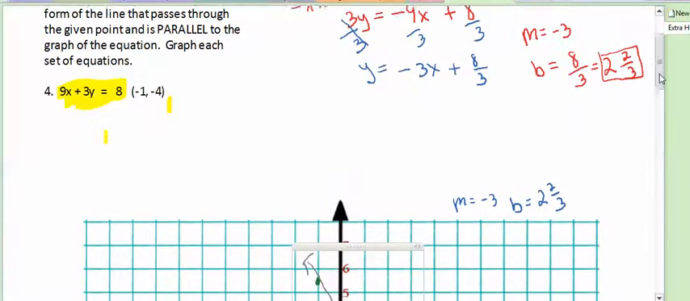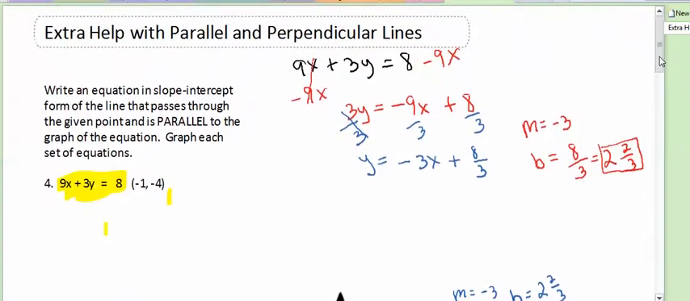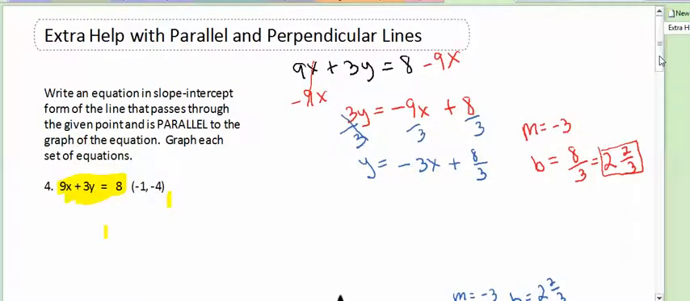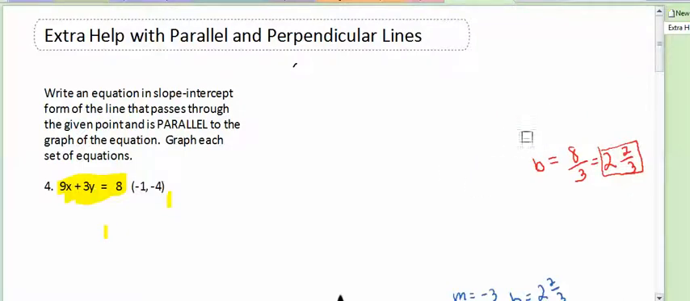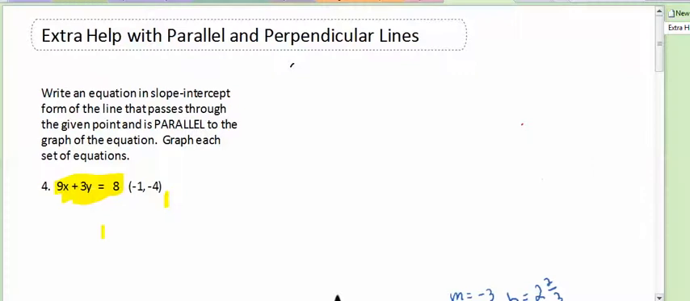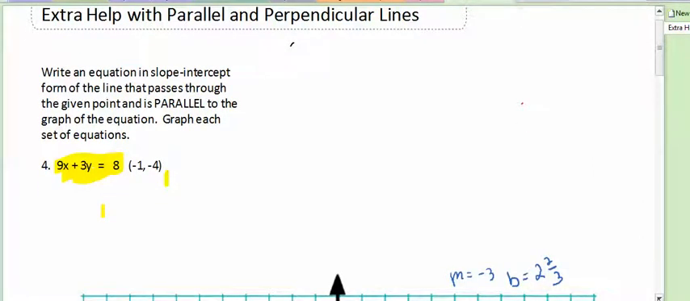Now I need to find a line that is parallel. And I'm going to erase all my work I did here so we don't get confused. I graphed my first line. Okay, and now I'm going to do a line that is parallel. So we know that our slope is -3. I kept that information down here. I didn't erase that. So now I need to do a new line that has a slope of -3